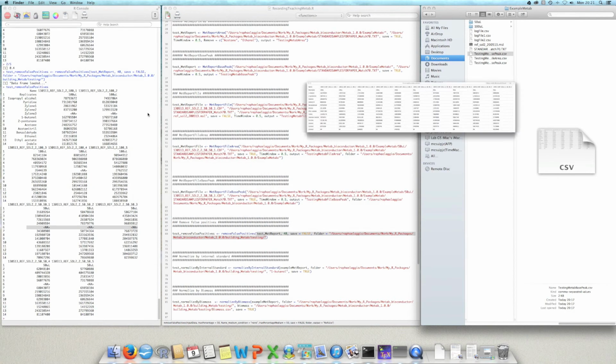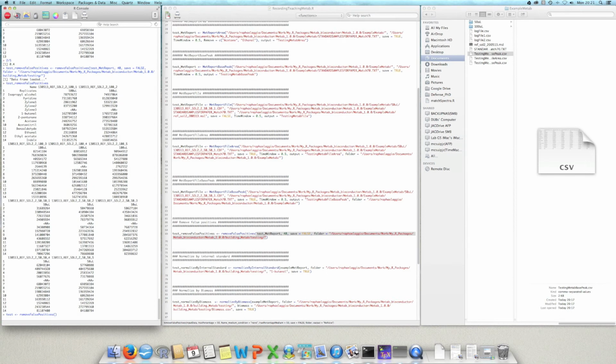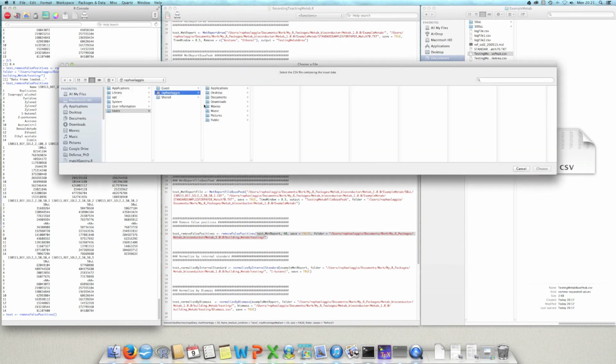If I want to use that file instead, I can come here and say test remove false positives, and that's it. I can enter. It's going to ask me where the file is located, so where is the CSV file containing the input data. In this case, the input data is that result we had before,